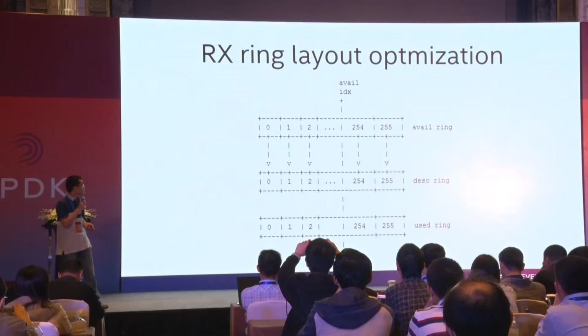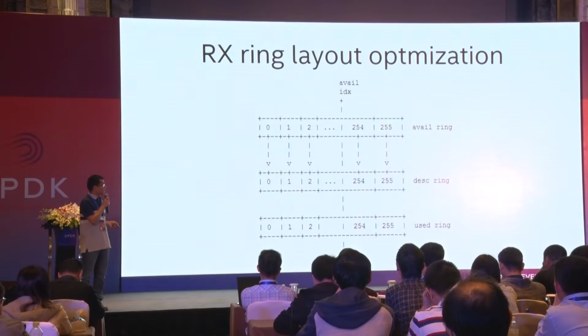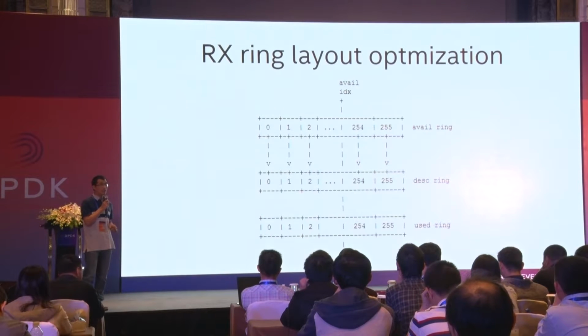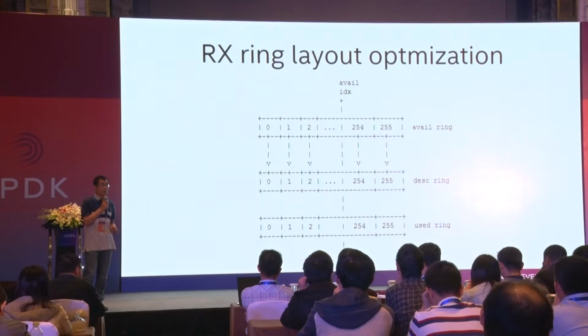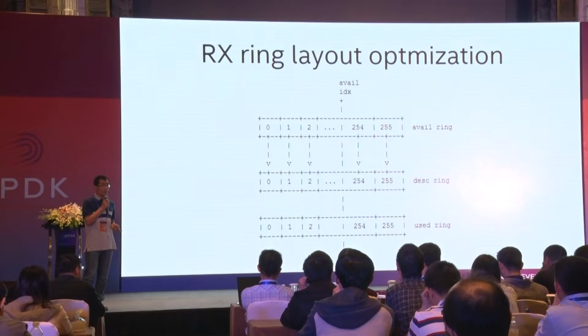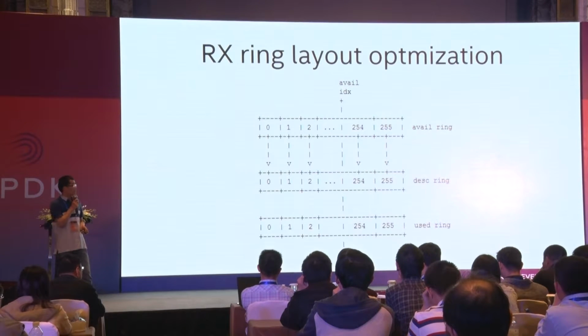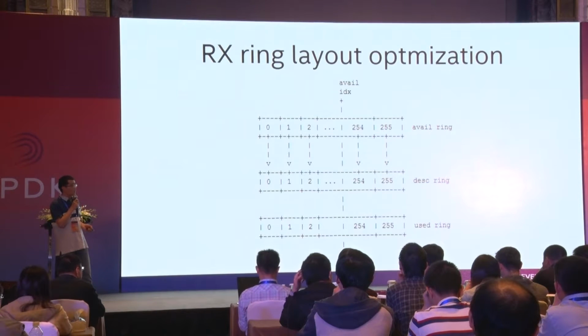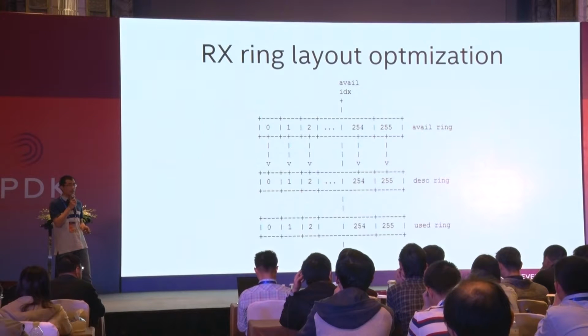In the entire operation, it doesn't change. So when the front end receives and sends packets, it just needs to modify the descriptor ring. That has 3 benefits. First, the front end driver doesn't need to allocate the descriptor, and second, because the available ring is not changed during use,